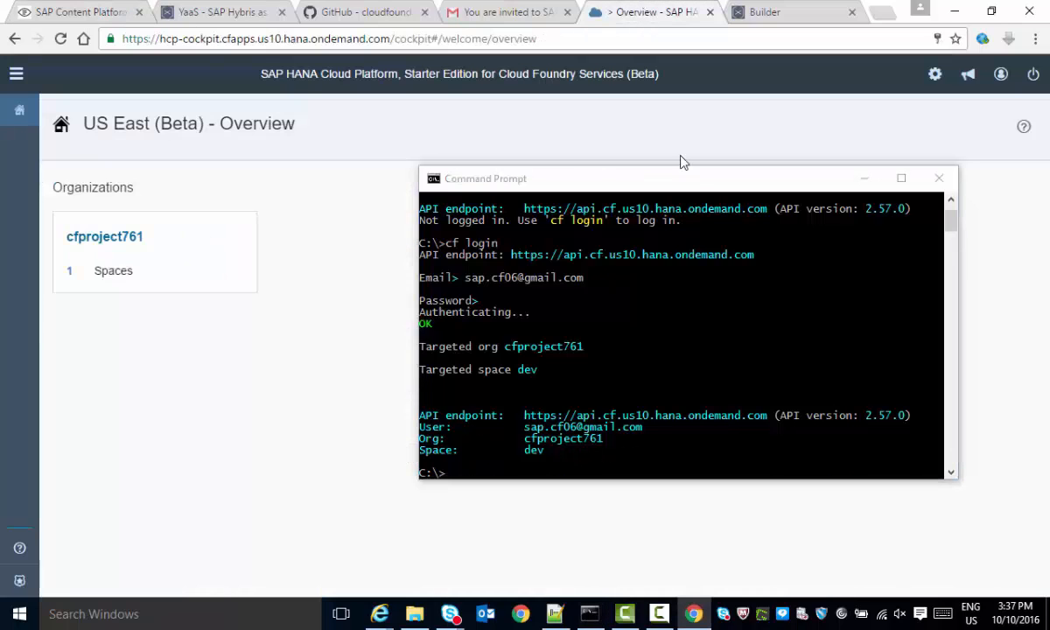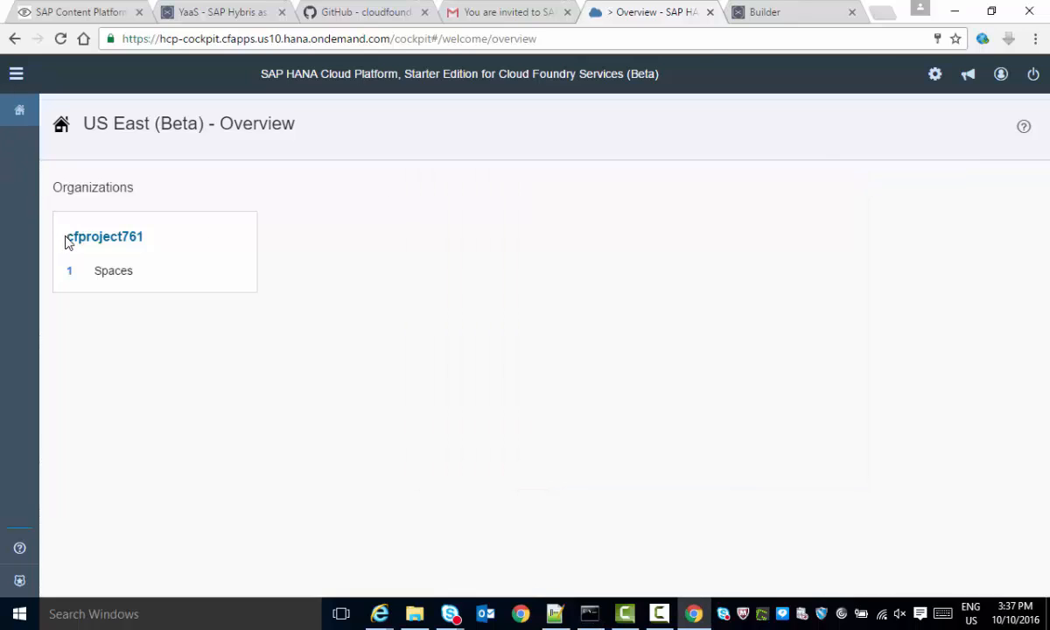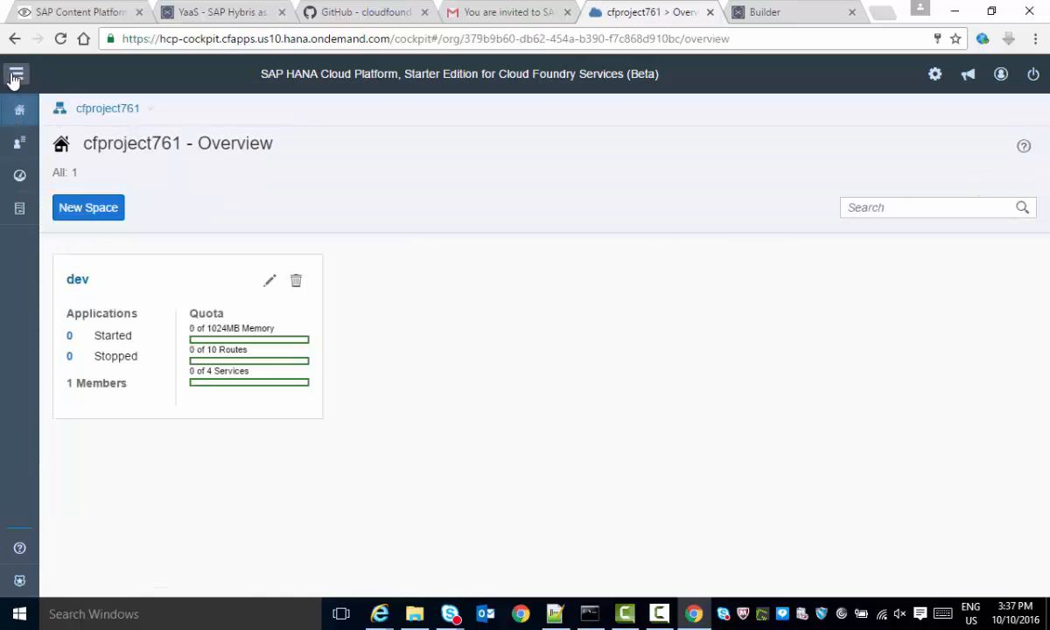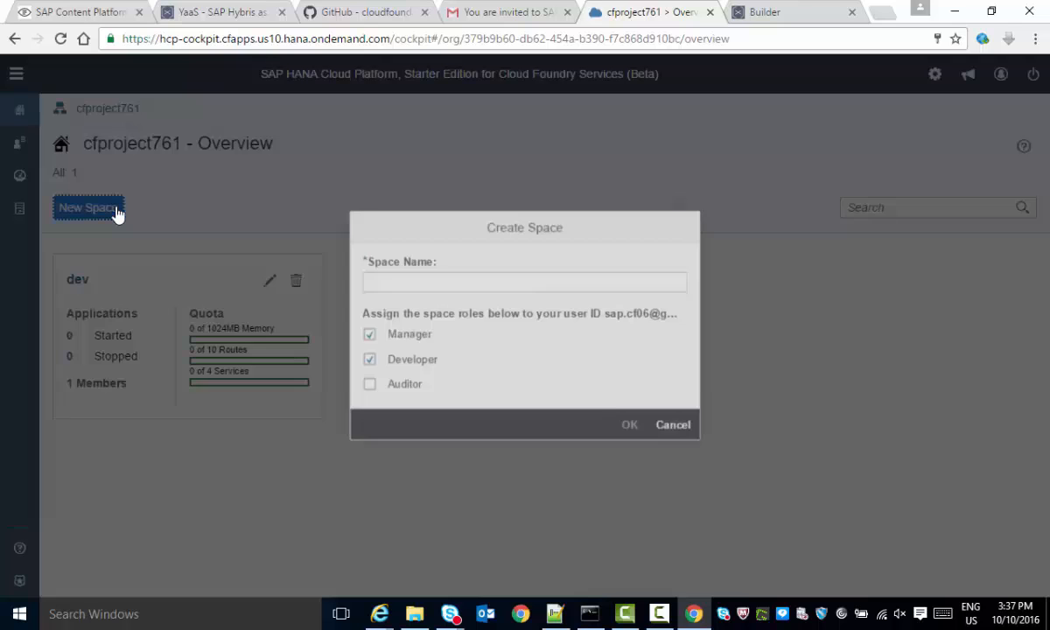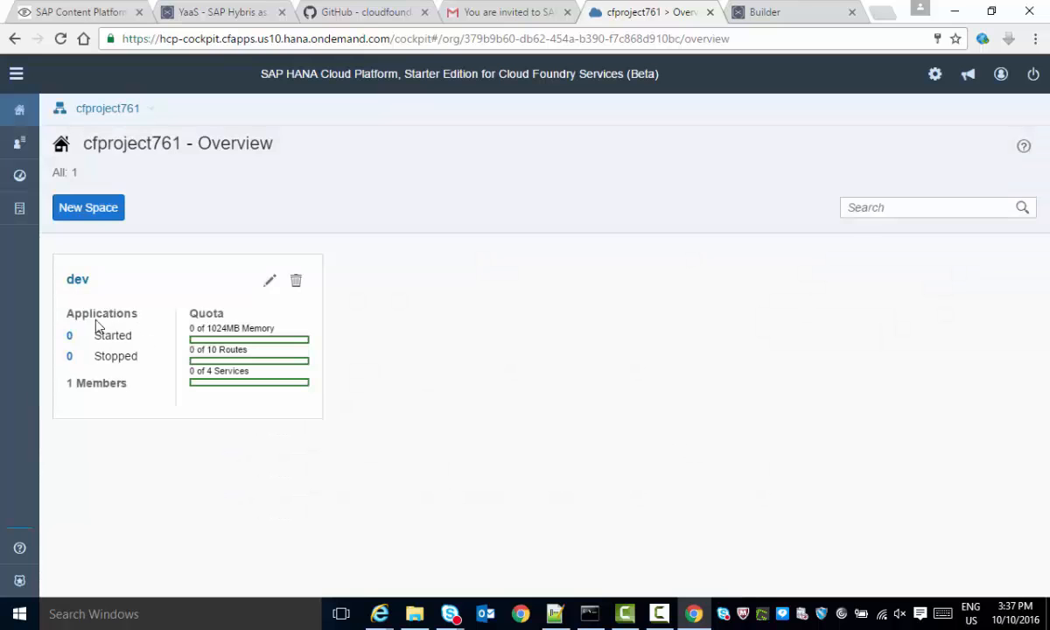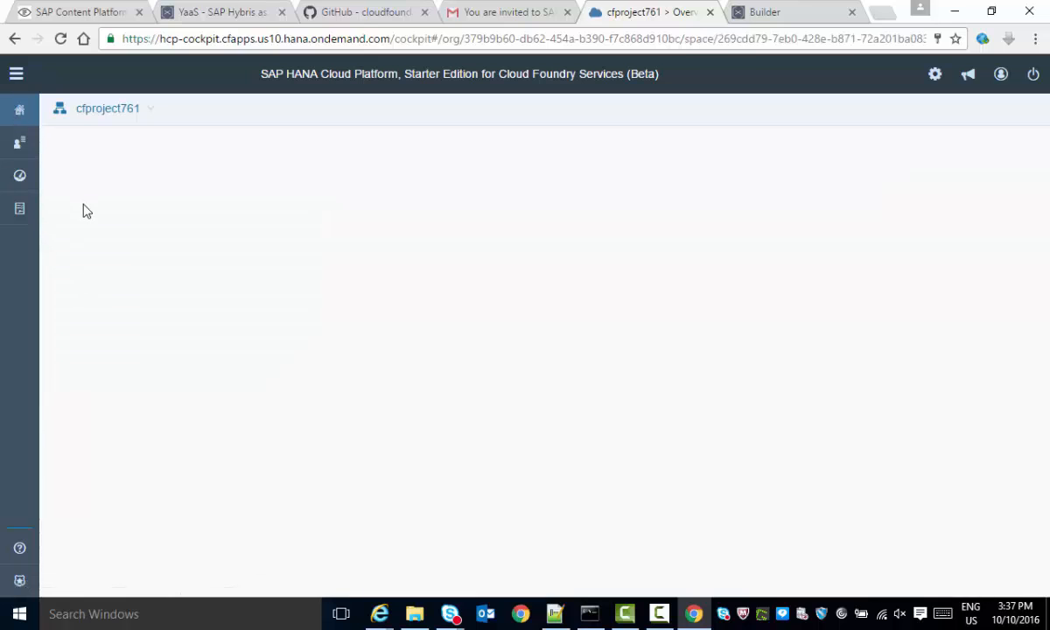Now if I switch back to the cockpit, you can see that it has actually created an organization here, which is the name of the project. And when I go into this particular organization, I can see there's one space called dev that is created by default, so I can use new space to add another space and then have my applications managed in each of these spaces. So I'm just going to click on dev,